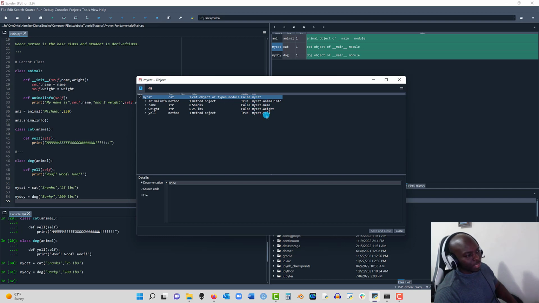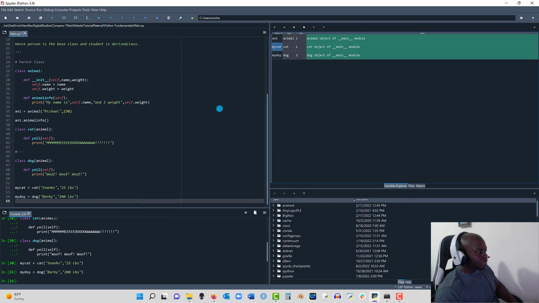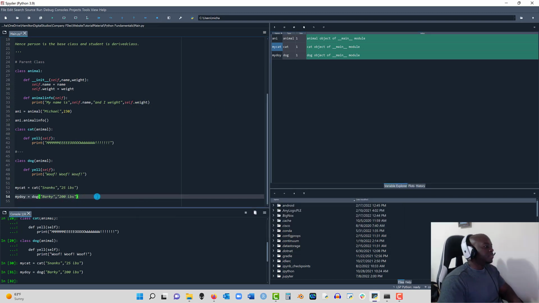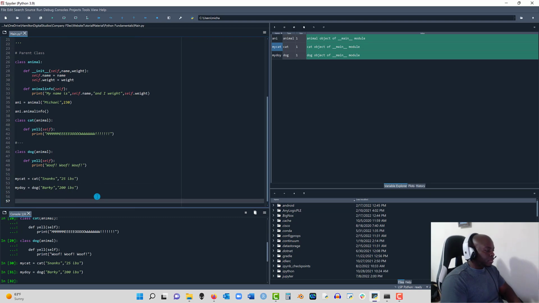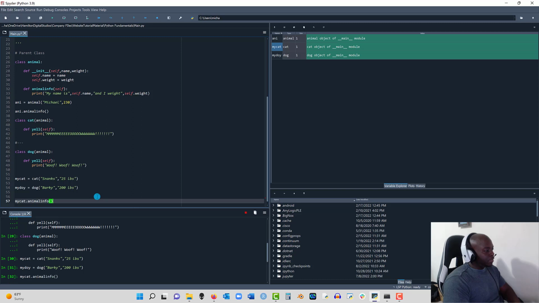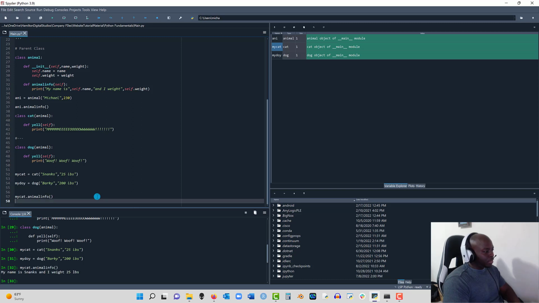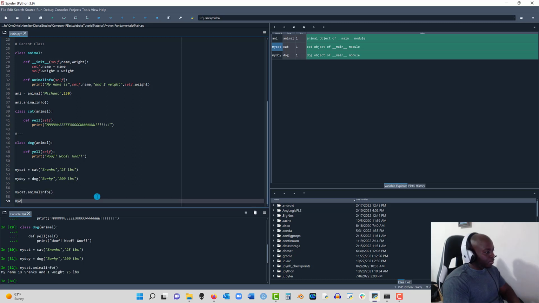This is how you access the variables for the cat class. So for instance, when I say print info for cat, my cat dot animal info and shift enter, it says my name is Snacks and I weigh 200 pounds, and then my dog dot animal info,